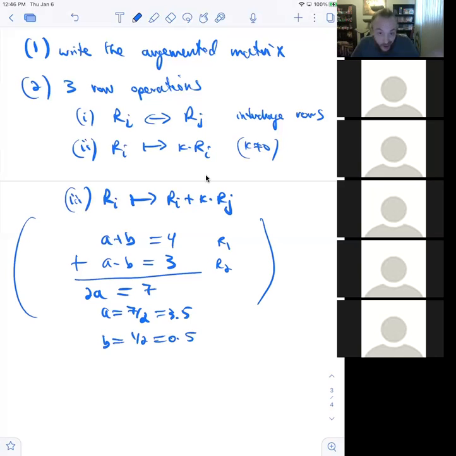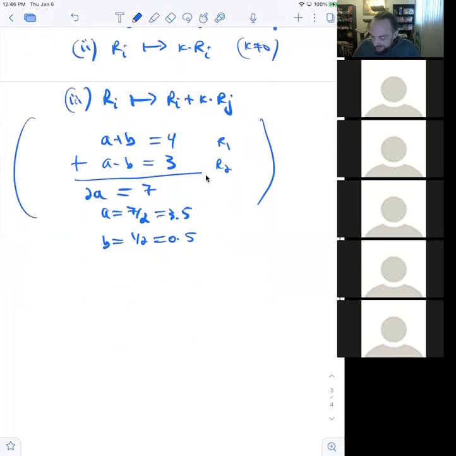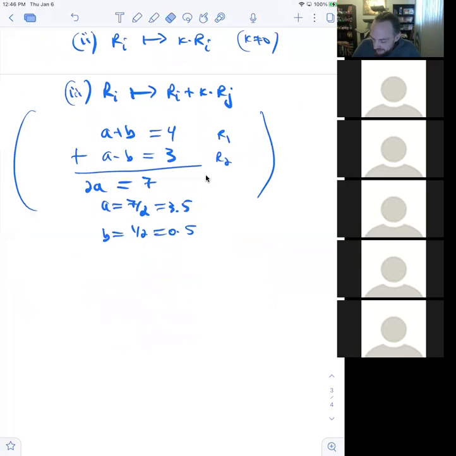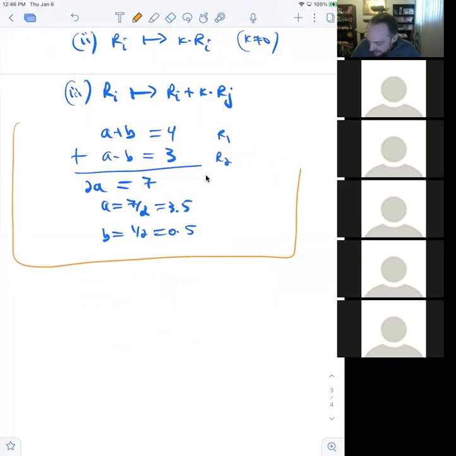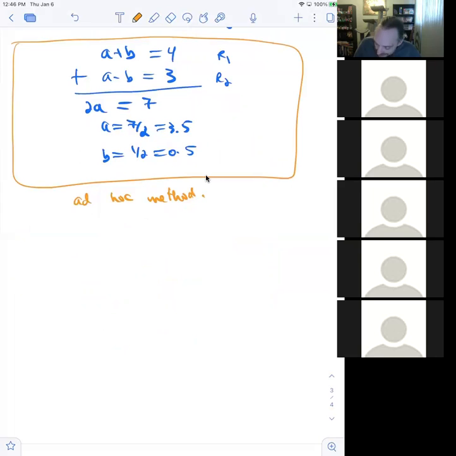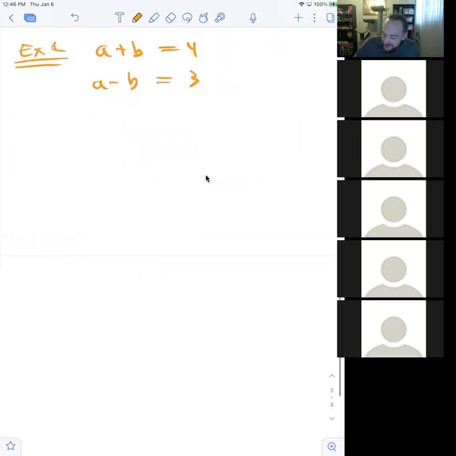So this is ad hoc what we want to do in solving systems. But to help solve this linear 2x2 system, what we really want to do is use these row operations. Let me put it this way. So this is ad hoc. The systematic method would be example 1. If I have this system, A plus B equals 4 and A minus B equals 3, you could write this as,